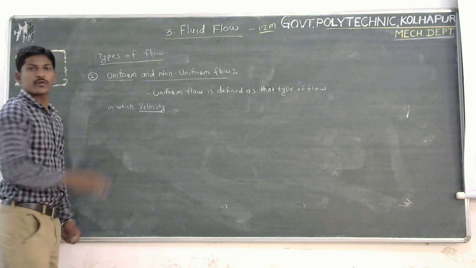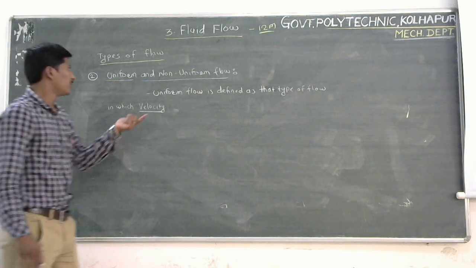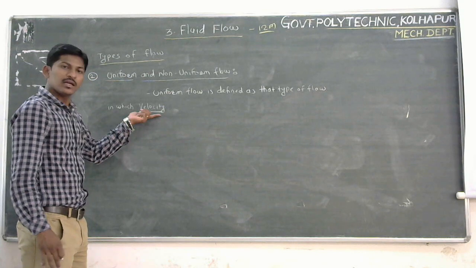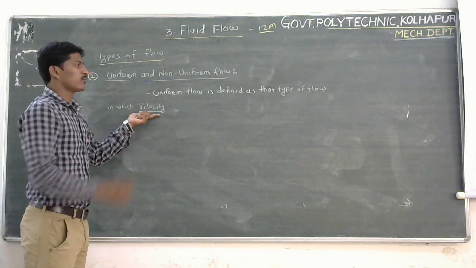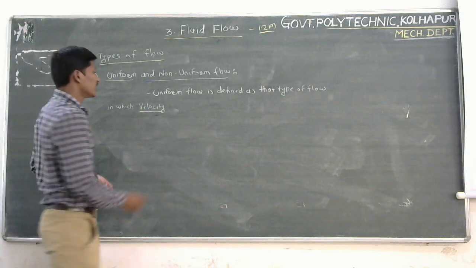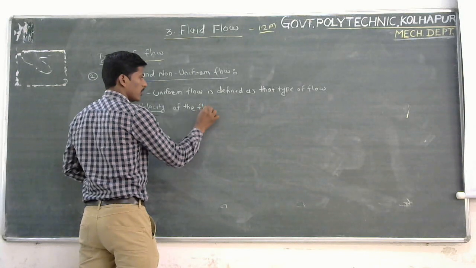In steady flow, we have seen three fluid parameters: velocity, pressure, and density. But in uniform flow, we consider only the parameter velocity. So uniform flow is defined as that type of flow in which the velocity of the flow,